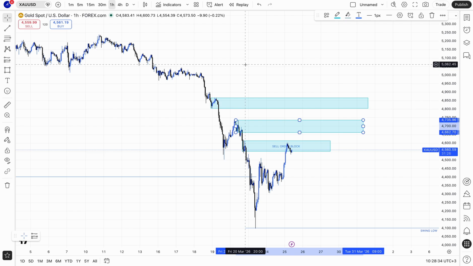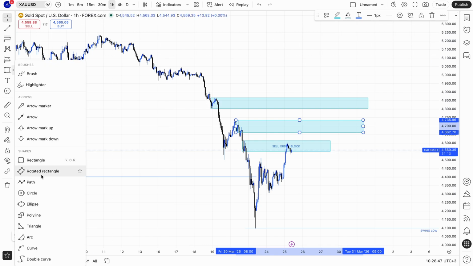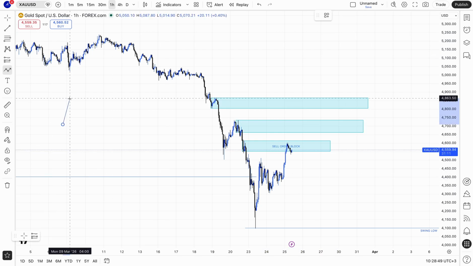But how do you know that you're going to use this order block or you're going to trade from this order block? It's the confirmation, the entry confirmation, the final entry confirmation. And we have two entry confirmations. The first one is the liquidity sweep confirmation,